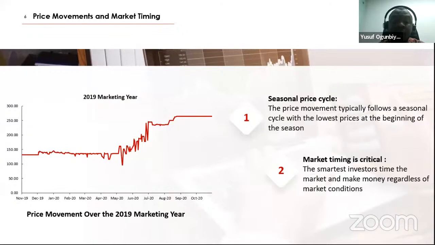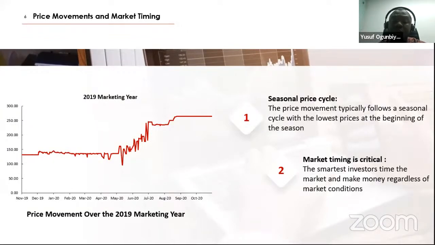Don't forget, this conversation still surrounds the question of how do I enter the market. So first, when the commodities are available, you will want to ask yourself, at what price is best for me to enter the market? Because we have one season production, we produce during the wet season and then consume during the rest of the year, you have a situation where prices are at their lowest during harvest.